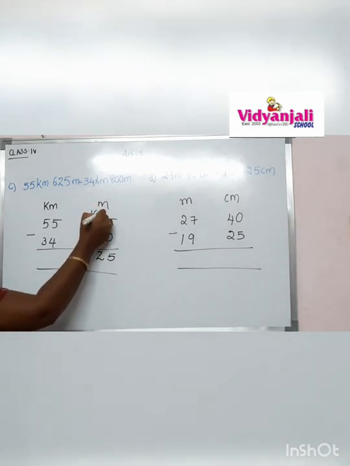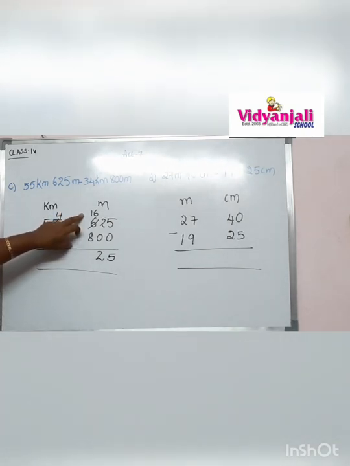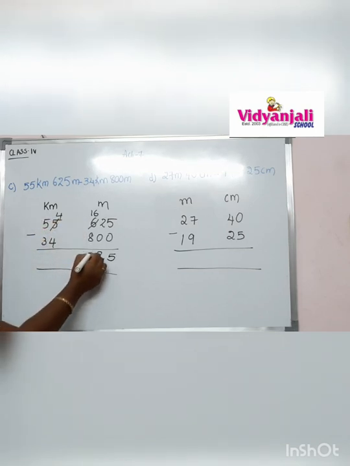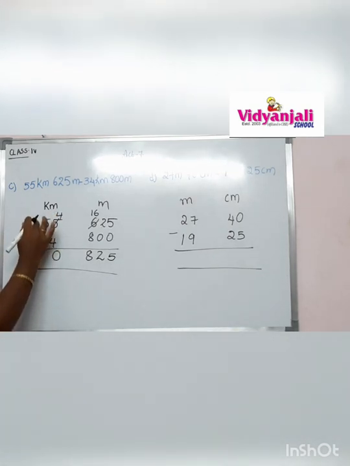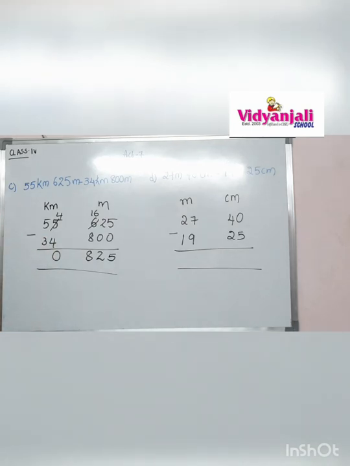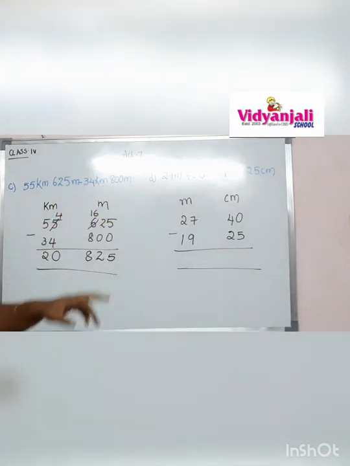So, 6 becomes 16 and 5 becomes 4. 16 minus 8. Count from 8 until you get 16. 16 minus 8 is how much, children? 8. Yes or no? Yes. So, 4 minus 4 is again 0. So, we will write 0. 5 minus 3 is how much? 5 minus 3 is 2. So, therefore, by subtracting 55 kilometers 625 meters from 34 kilometers 800 meters, the answer is 20